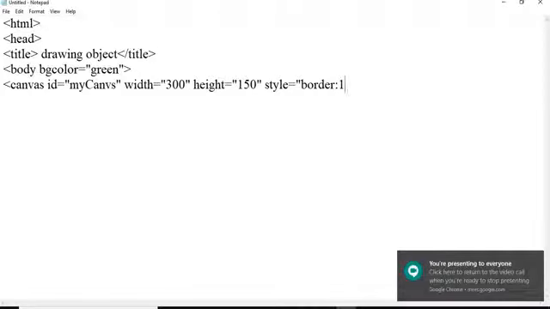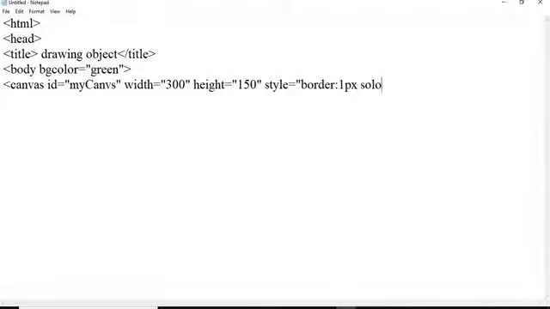I will add a border of 1 pixel, of solid type, solid red.